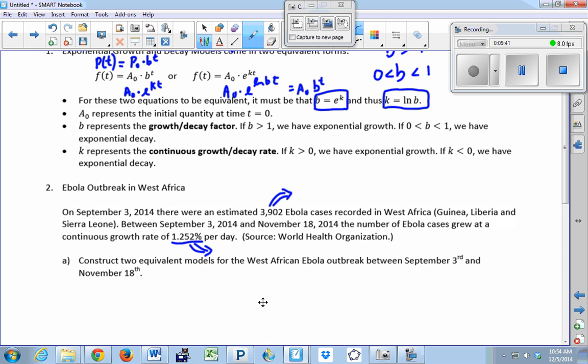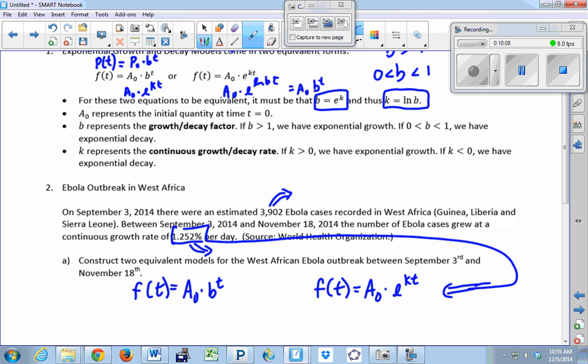Okay, so what we want to do is construct two equivalent models. One using the first model where we don't have the continuous growth rate, and the other model where we do have the continuous growth rate. So right now, we can immediately go from this language to this model because we know the continuous growth rate. That's the value K. That's what K is. Right now it's given as a percentage, so for your model, you have to convert it to a decimal. So K equals